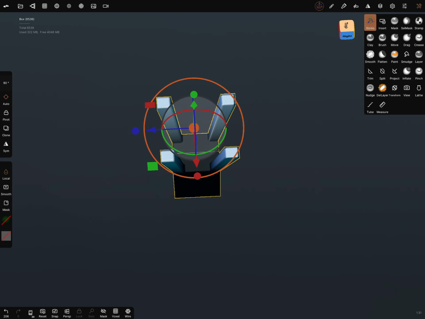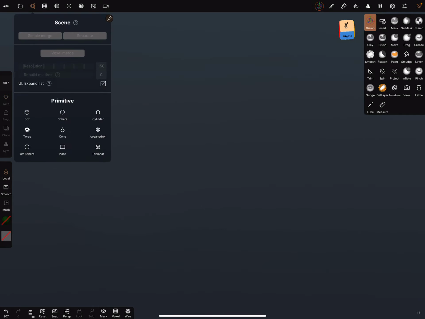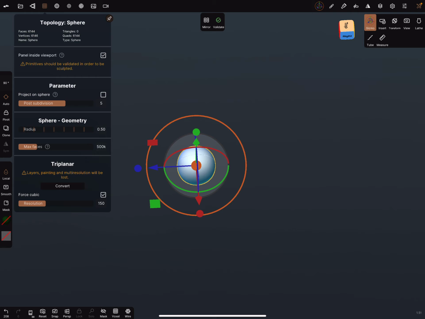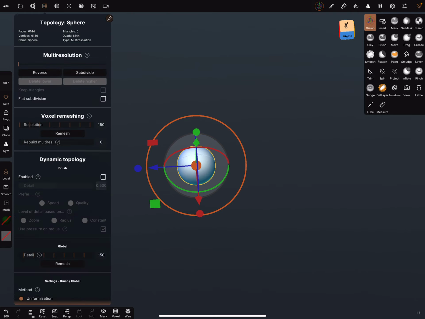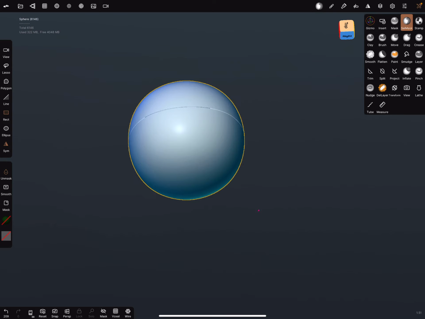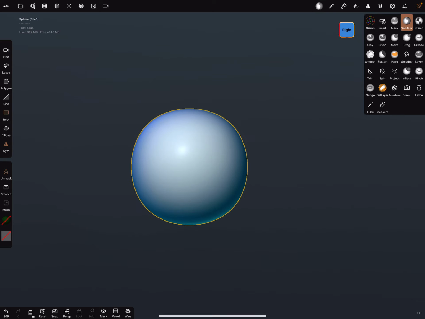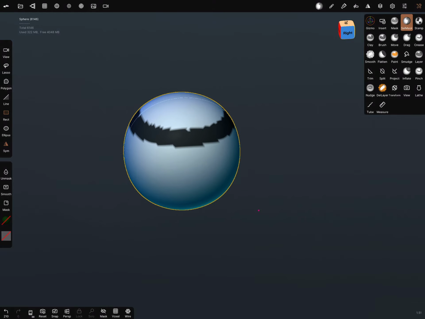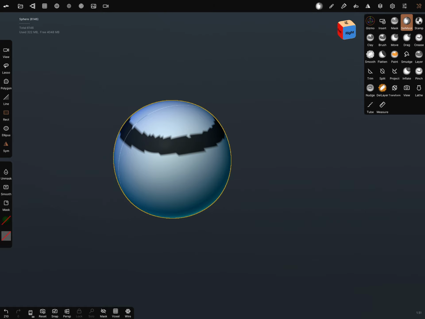Okay, I delete this one. I add a sphere, validate it, and you can do it also on a sphere. A selection mask, go in the right view, make this unmask off, mask it, and this is because the resolution is very low.